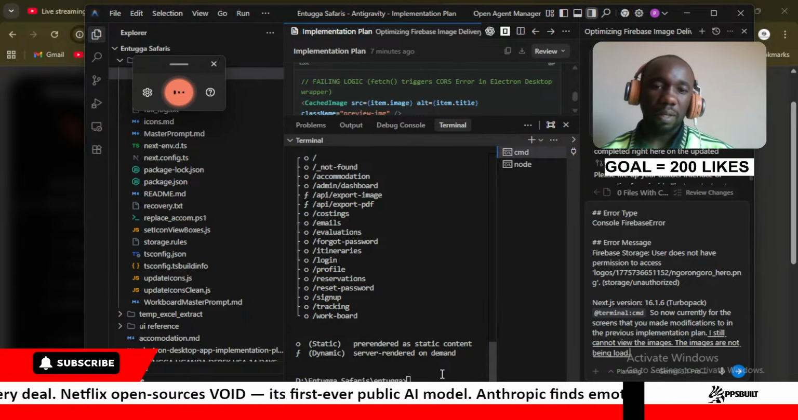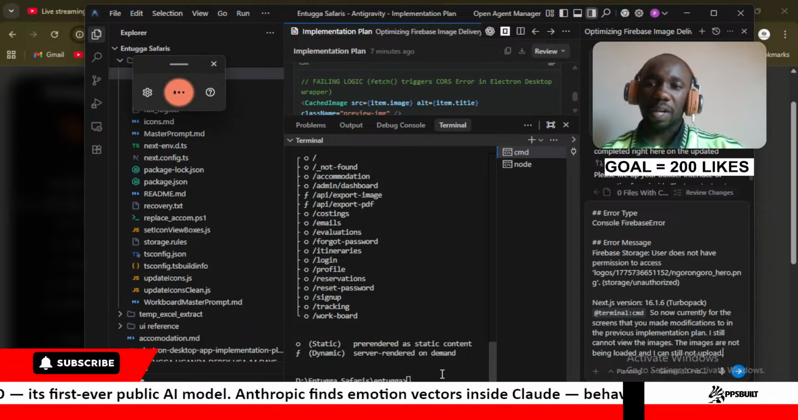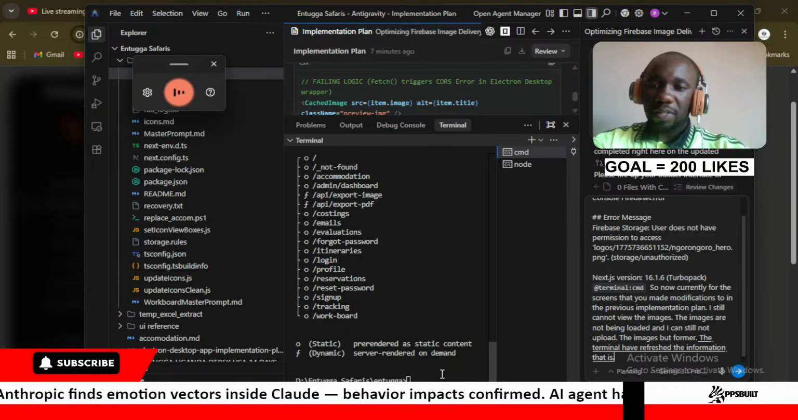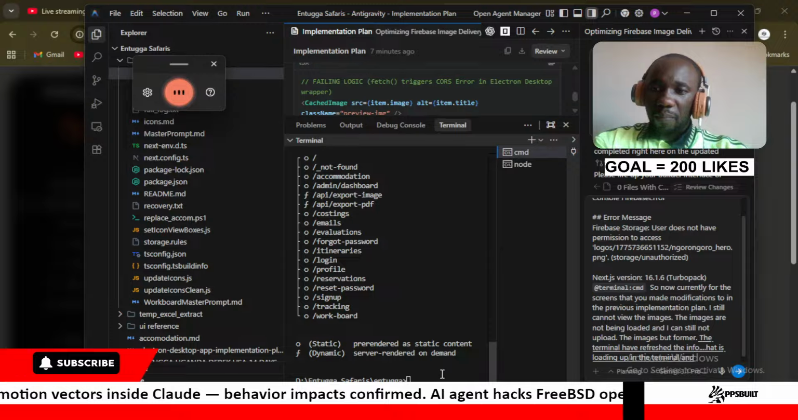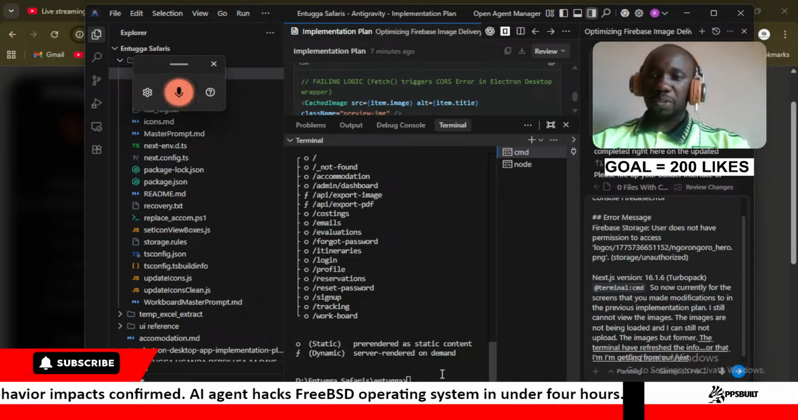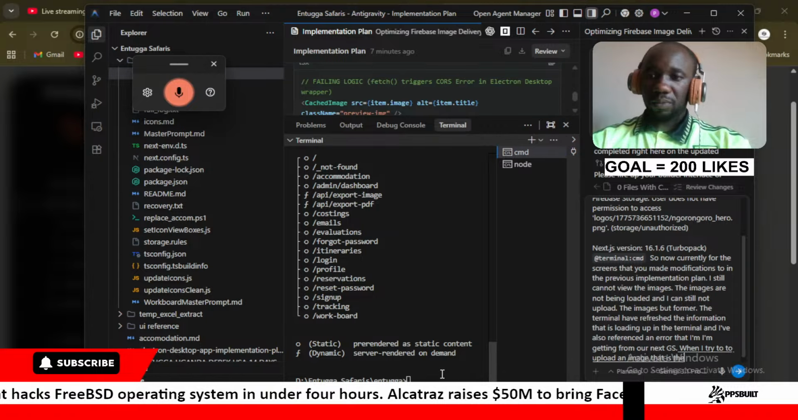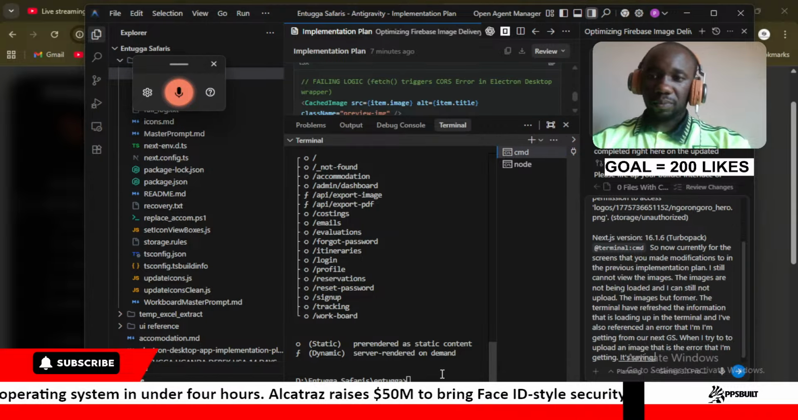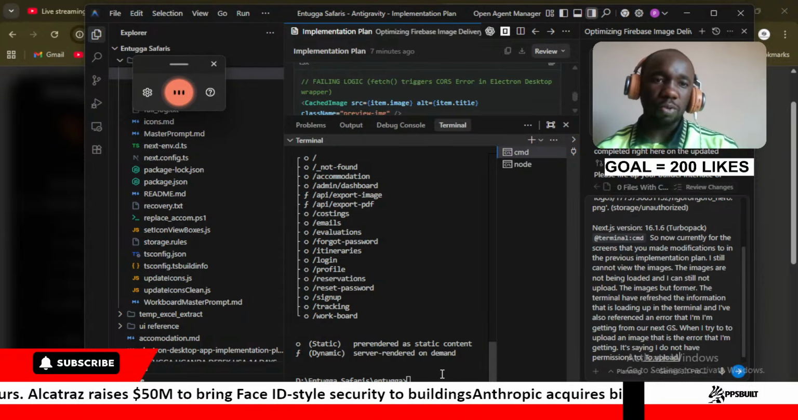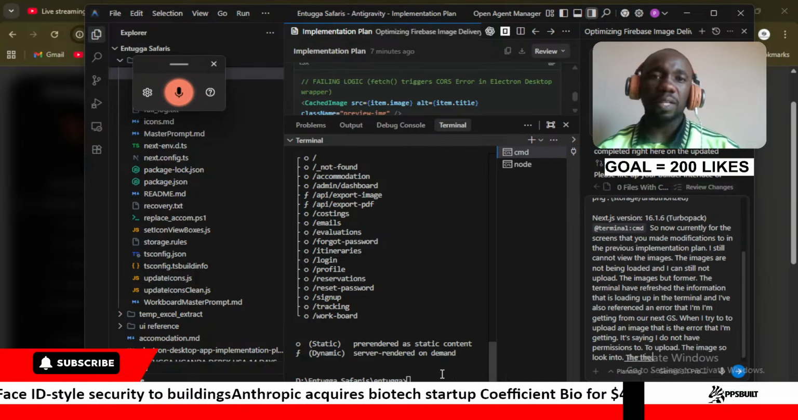But from the terminal, I've refreshed the information that is loading up in the terminal, and I've also got the error that I'm getting from our Next.js when I try to upload an image. It's saying I do not have permissions to upload the image. So look into the logs from the terminal, and also look into the error that I'm getting, and